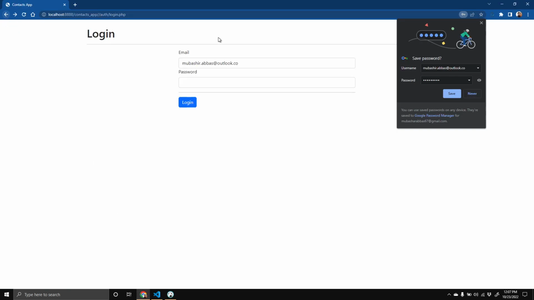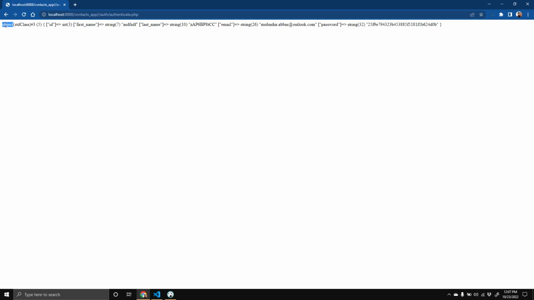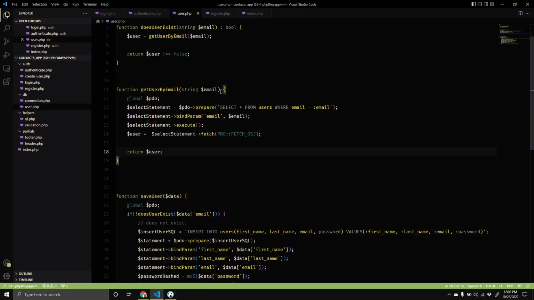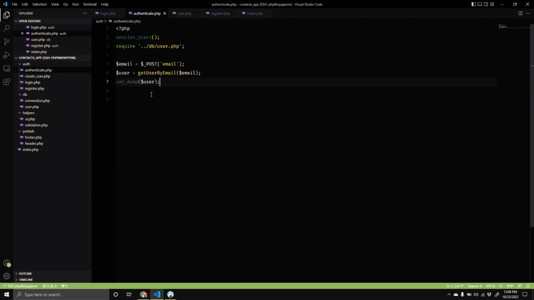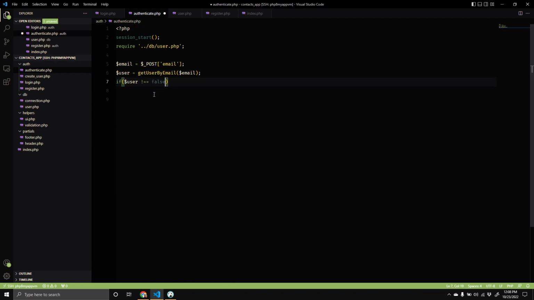And if we use the proper link, okay, I'm logged in now. So it returns an object of the stdClass, right? I like to put return types wherever, but we can't actually do that here, because if the user is not found it is going to return false. So yeah, we can't put a return type here. That's fine. So here, after we get the user, we can say if user is not equal to false, right? Then we can say that we found the user